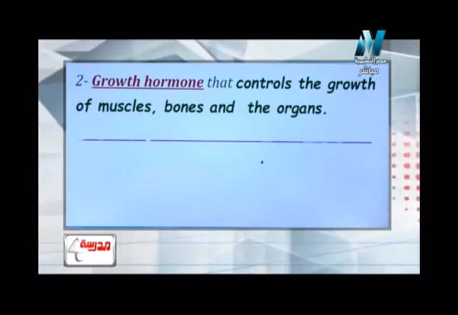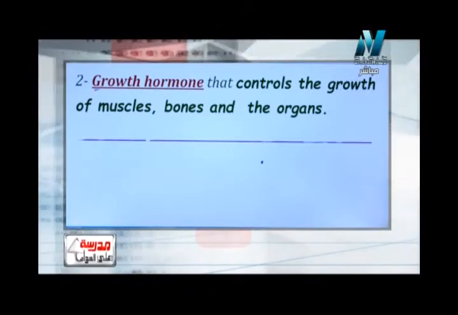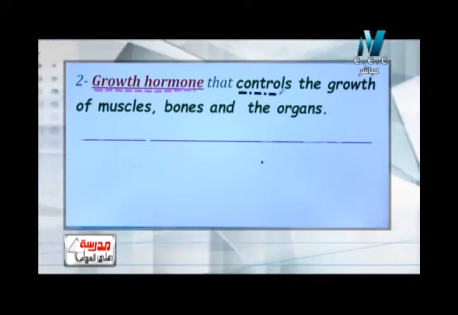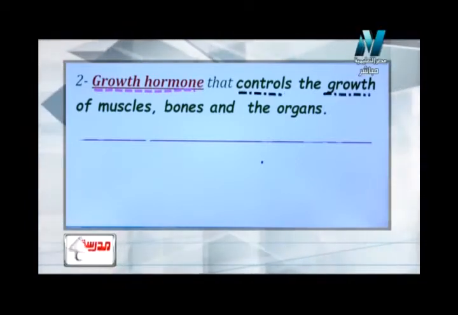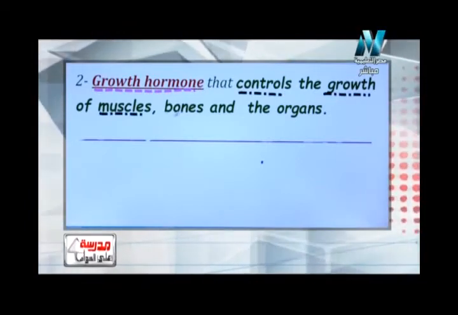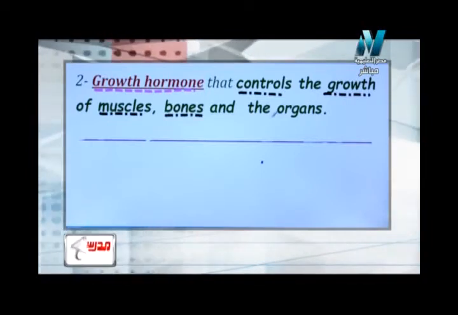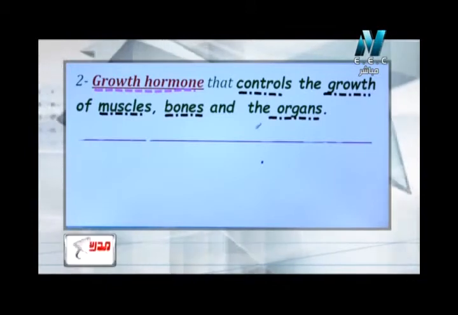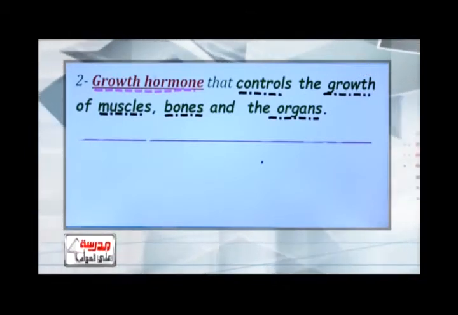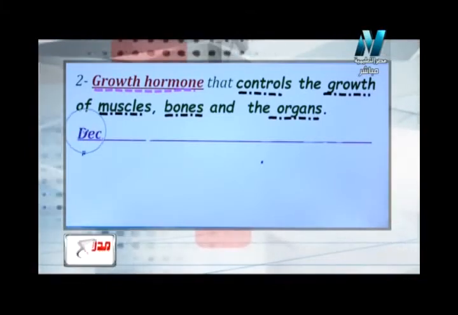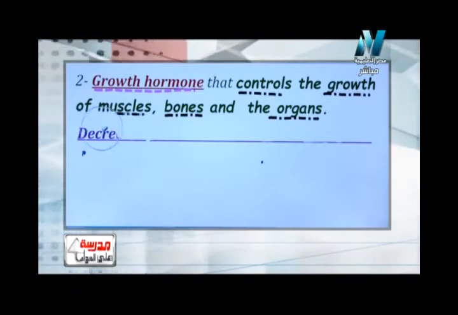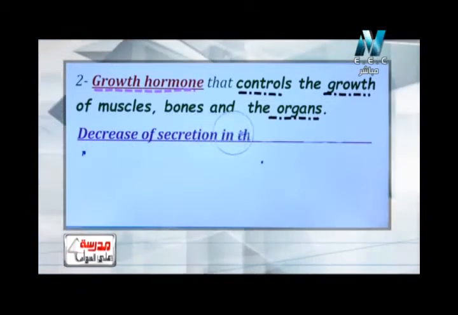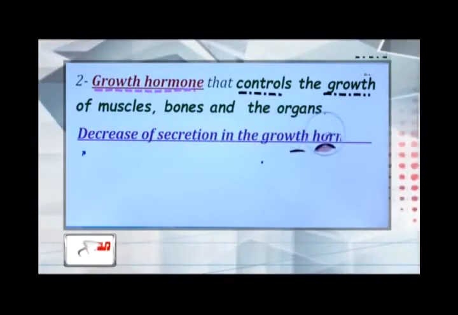So growth hormone controls the growth of muscles, bones and the organs in our bodies. So we have to know the second hormone. If the growth hormone secretion decreases,